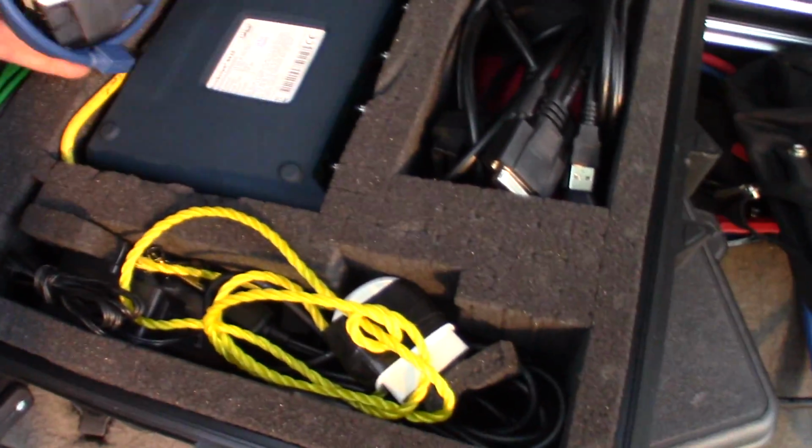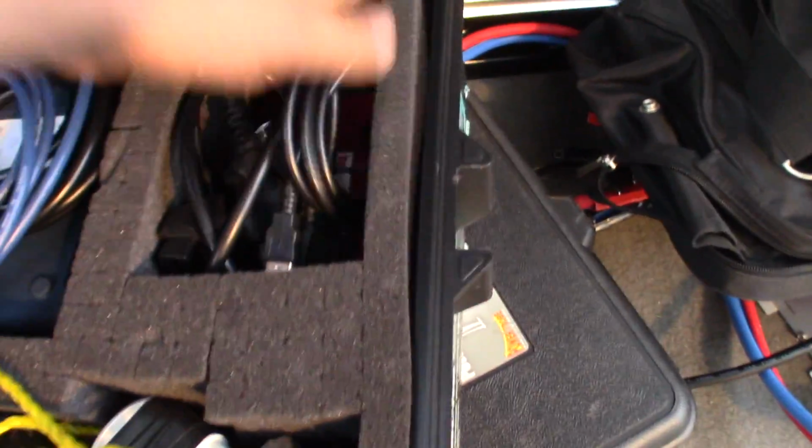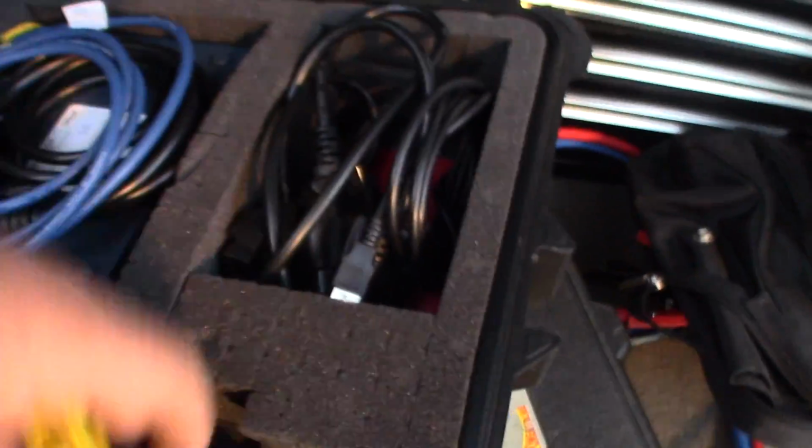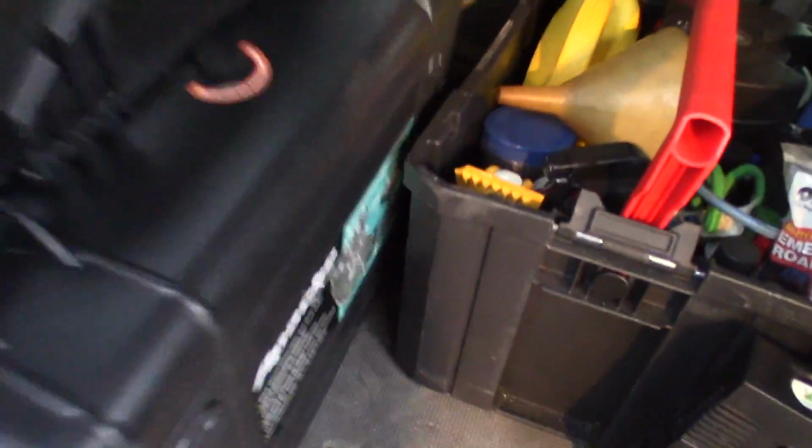It's all in here. So my Pico scope, and I've got my Ford VCM2 down there. I've got my Autel little USB scan tool, extra wires, all my probes and stuff are over here. So normally I keep my MDI in here too, but I've just been using the MDI so much that I'm keeping it in the box for right now. Because